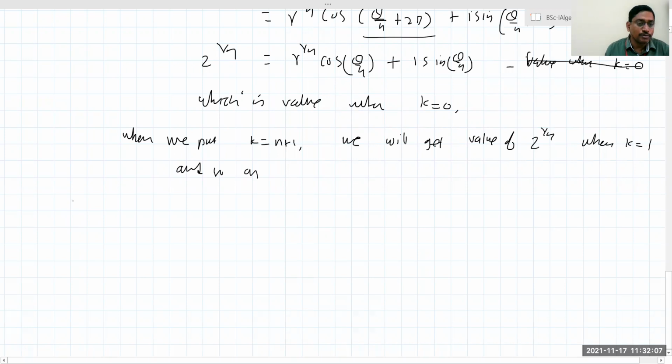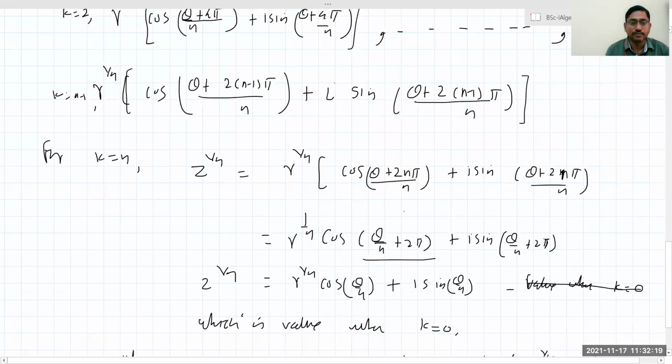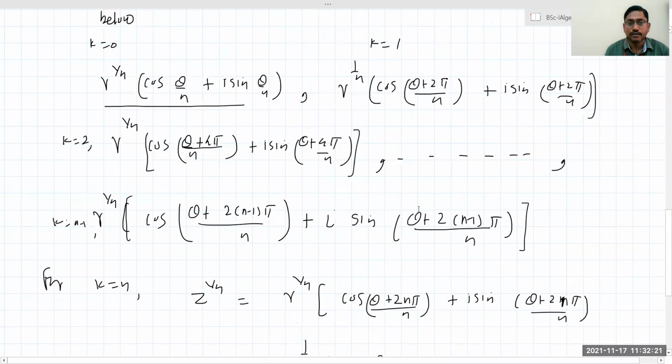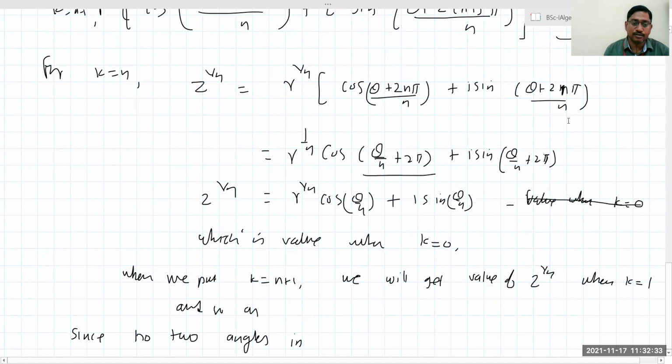And also, since no two angles in the n expression, I can call this a star. Up to here I can say star, for k from 0 to n minus 1. Since no two values, no two angles in the star are equal,